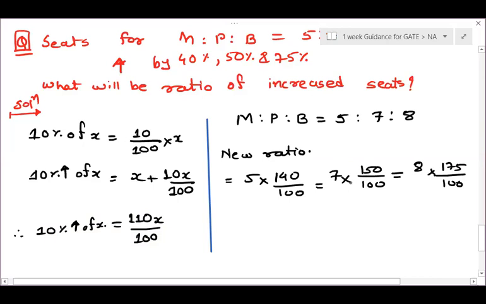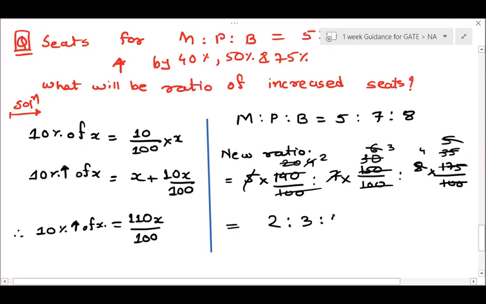Right. So now we just have to simplify. Okay. Here it will be ratio, sorry, my mistake, not equal to. Right. So let us simplify. So we can see over here 100 is common or not? I think 5 will be common to each and everything. 5 3s are 15. 5 5s are 25. Now 7 also is common. 7 2s are 14 and 7 5s are 35. Right. So now 20, 30, and 5. Again, 5 is common. 5 ones are 5. 5 6s are 30. 5 4s are 20. 2 is common. 2 2s are 4. 2 3s are 6. 2 4s are 8. So our final answer is 2 is to 3 is to 4.